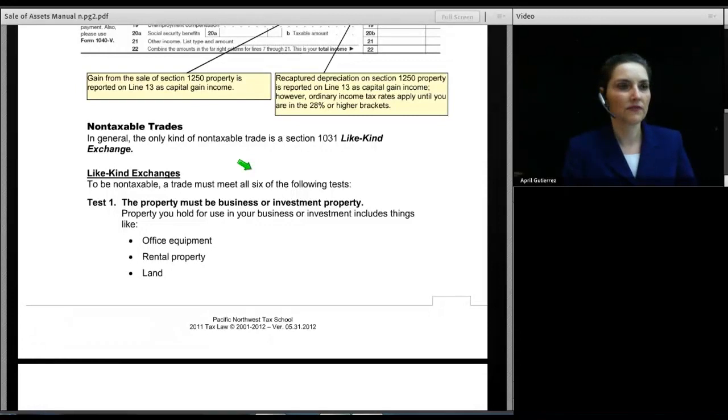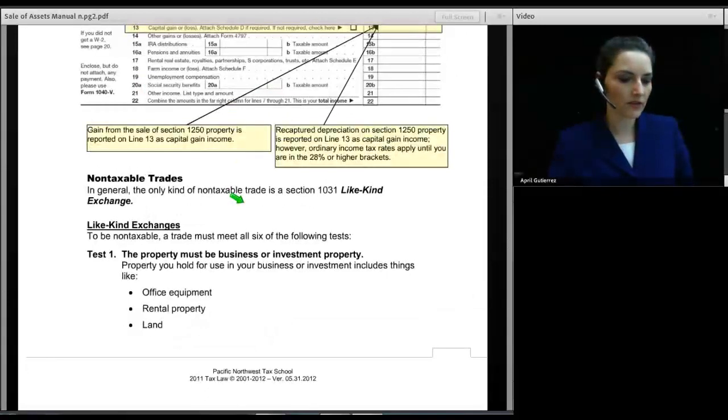But that's going to affect a very small number of people. Most people who have business assets in use either started depreciation under ACRS or MACRS, and in both cases, the recapture rules apply. And we are going to move on to